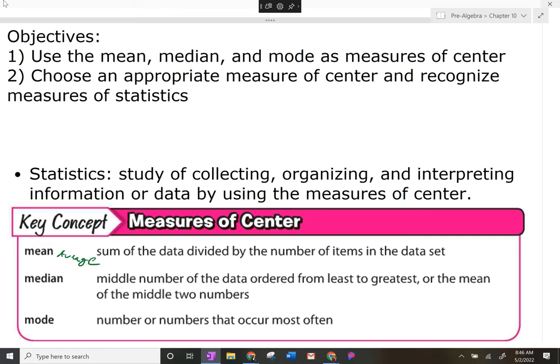Who are my sport people? Okay, what sport? Football. Okay, so I'm going to start with football. Offense, defense. All right. So if your average is 2 tackles per game, what would you